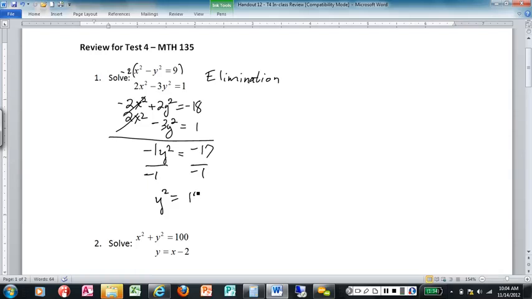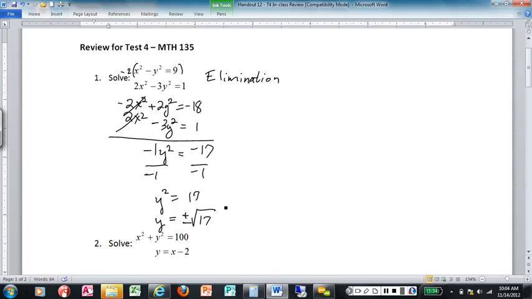And so what about y there? Square root method? Square root both sides, so we get y equals square root of 17. The only thing is it could be plus or minus square root of 17. All right, so that is half of the answer there. I do need the x, so I need to plug in,